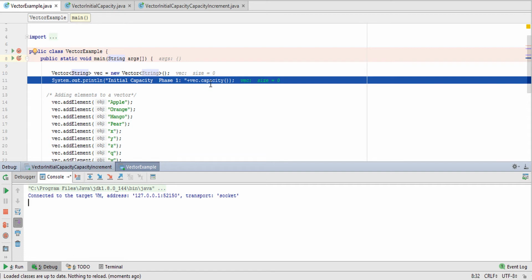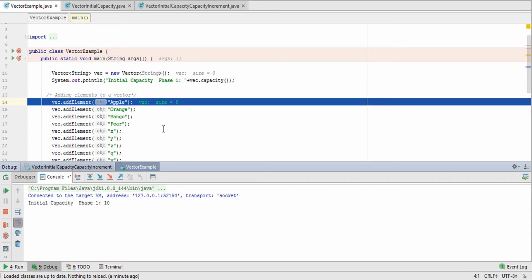I have already told you that if I haven't passed any parameter to the vector creation, then by default the value will be 10.